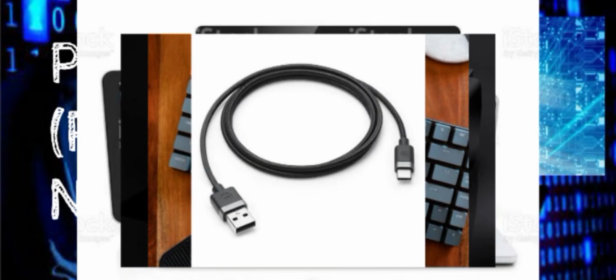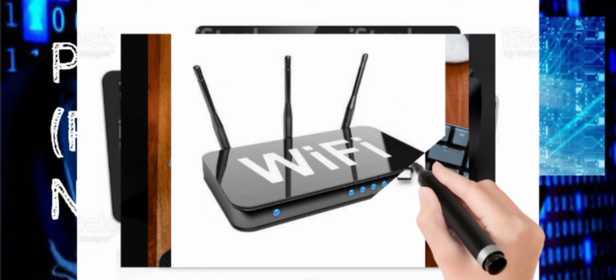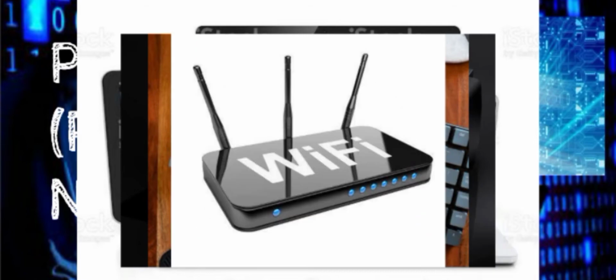PAN network connections can either be wired or wireless. Wired connection methods include USB and FireWire. Wireless connection methods include Bluetooth, the most common, Wi-Fi, IrDA, and Zigbee. While devices within a PAN can exchange data with each other, PANs typically do not include a router and thus do not connect to the internet directly.